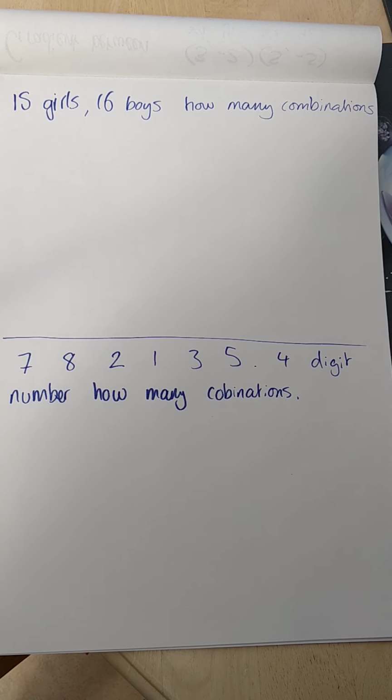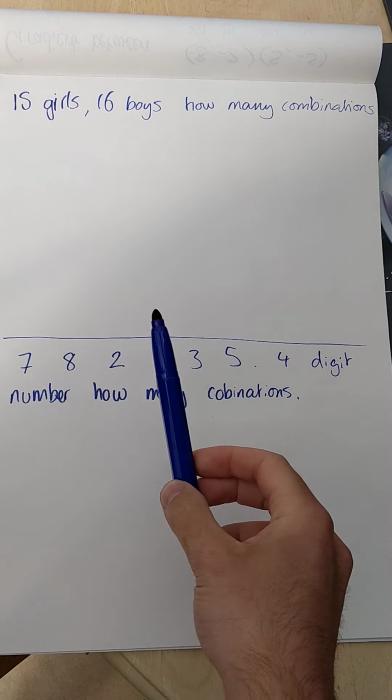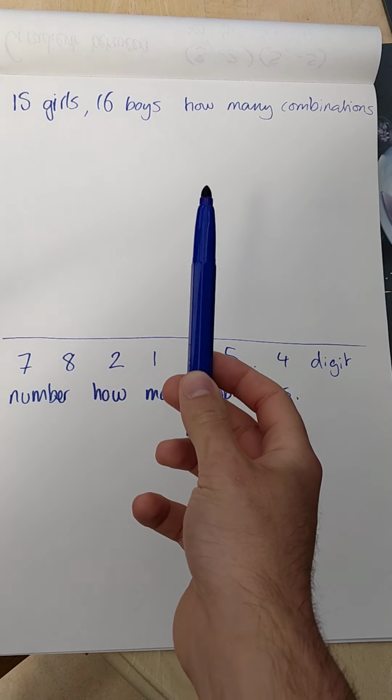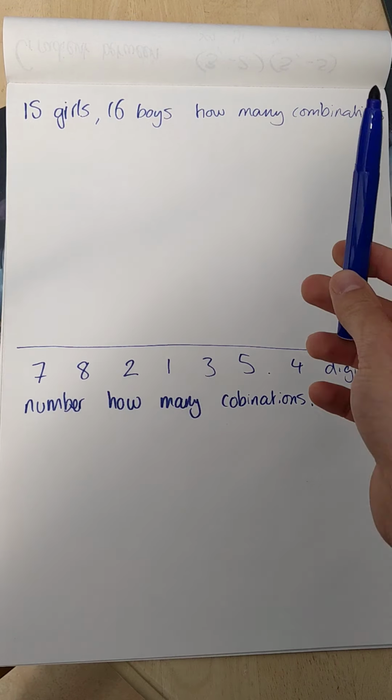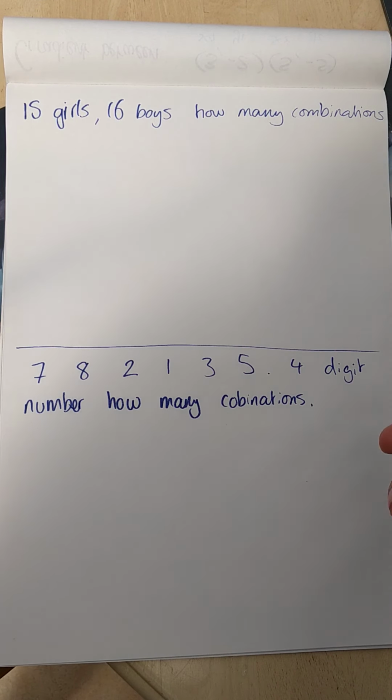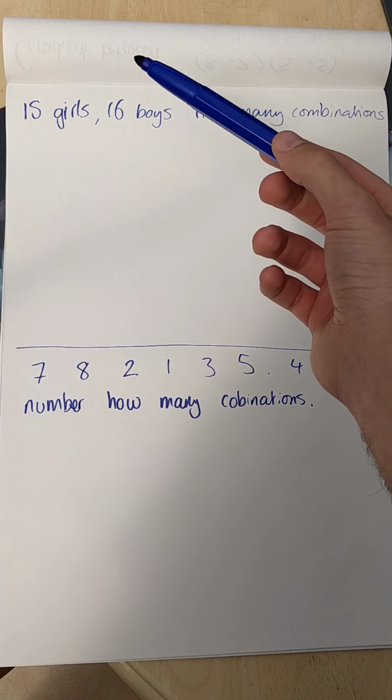Right, okay, so in order to go through this question down here, I first need to go through just this one up here. Okay, so there's 15 girls, there's 16 boys. How many combinations are there in terms of pairs? So if you imagine